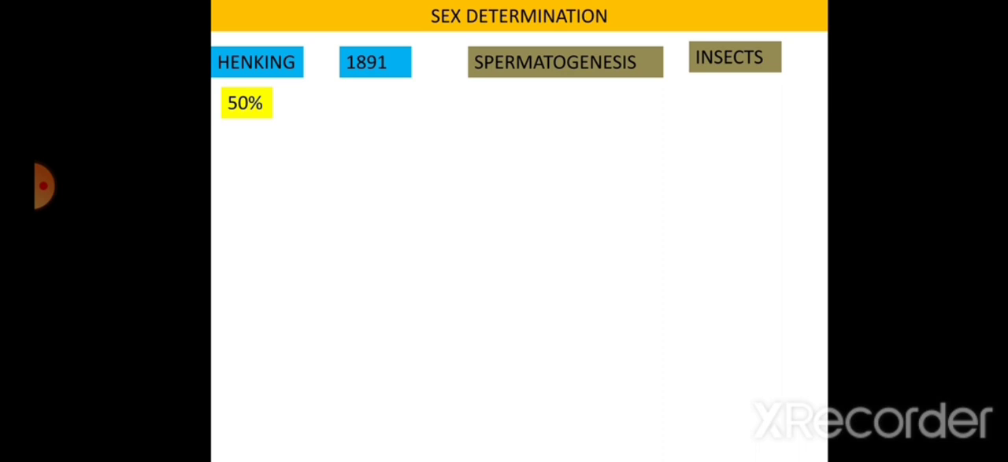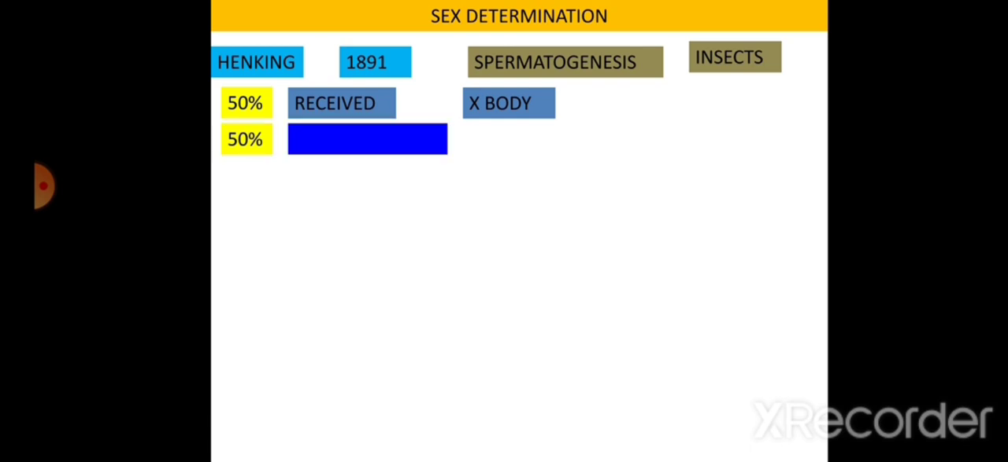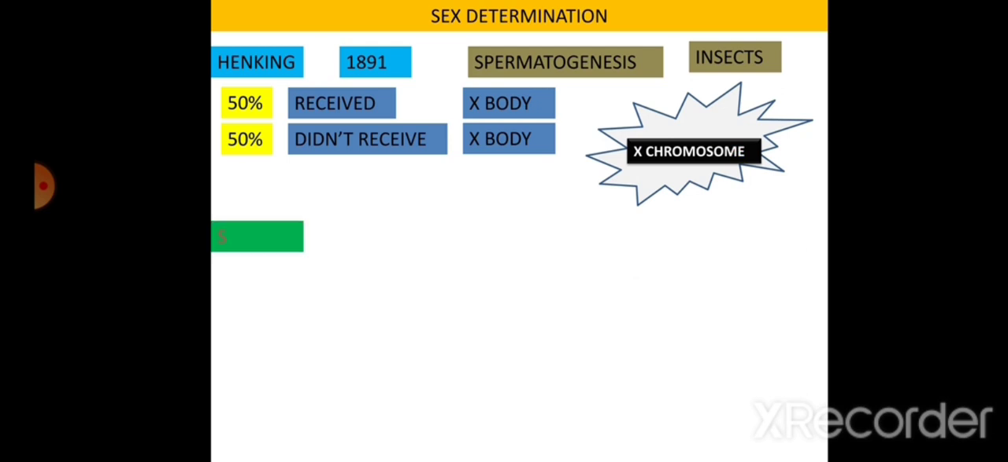When he was observing spermatogenesis, he was able to see that 50% of the gametes were receiving some unknown body called the X body, and 50% of the gametes were not receiving that unknown body. Later it was confirmed that the X body is nothing but an X chromosome. Later, two scientists, Stevens and McClung,